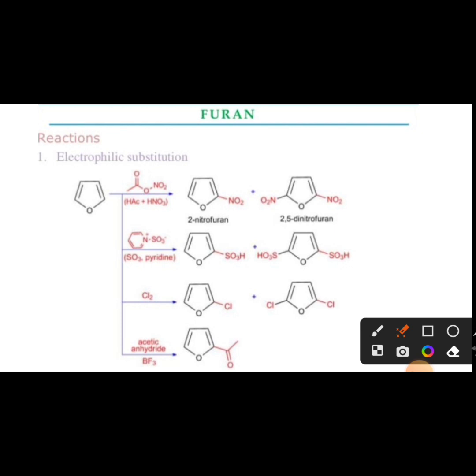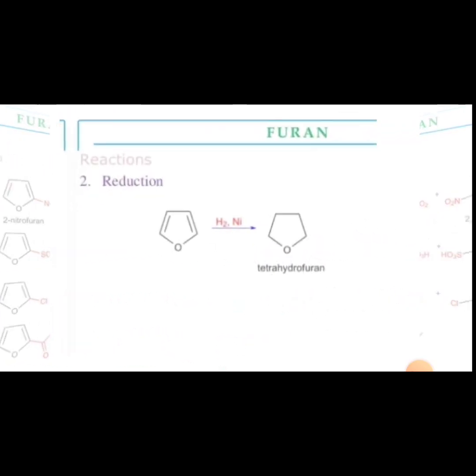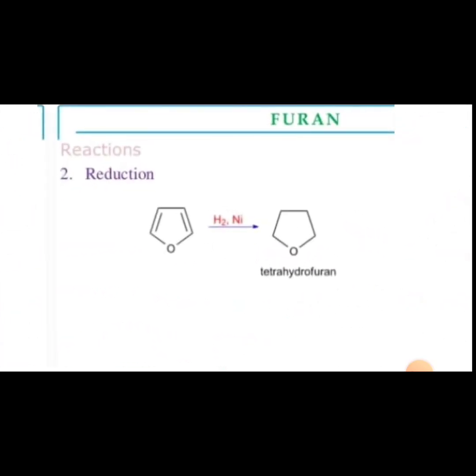Now see the sulfonation reaction. The SO3H group is attached at the second position. Now see the chlorination reaction, the chlorine group is attached to the second position. Now see the acetic anhydride reaction, the acyl group is attached to the second position. Now see the reduction reaction. Furan in presence of H2 and nickel gives